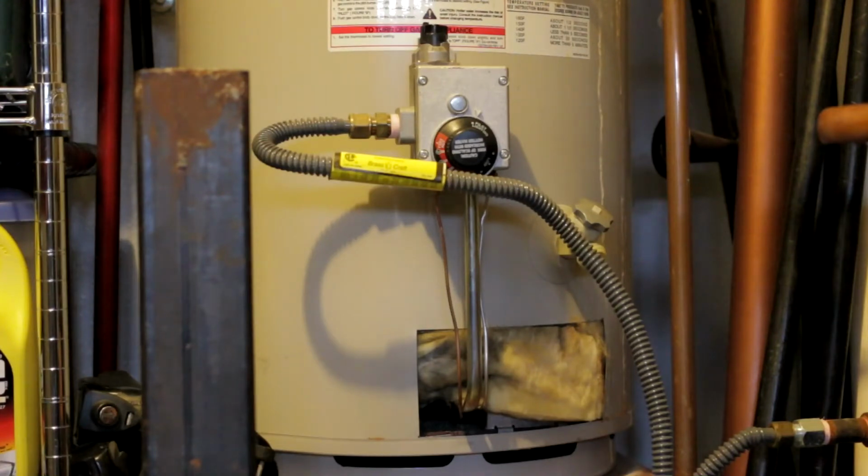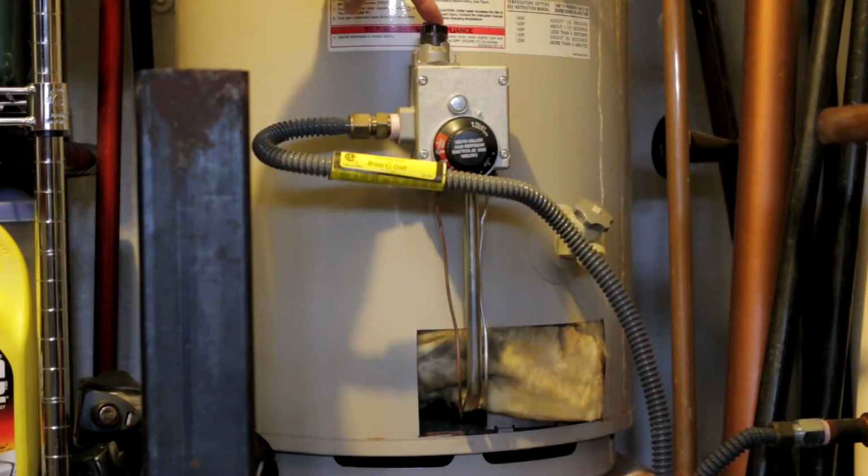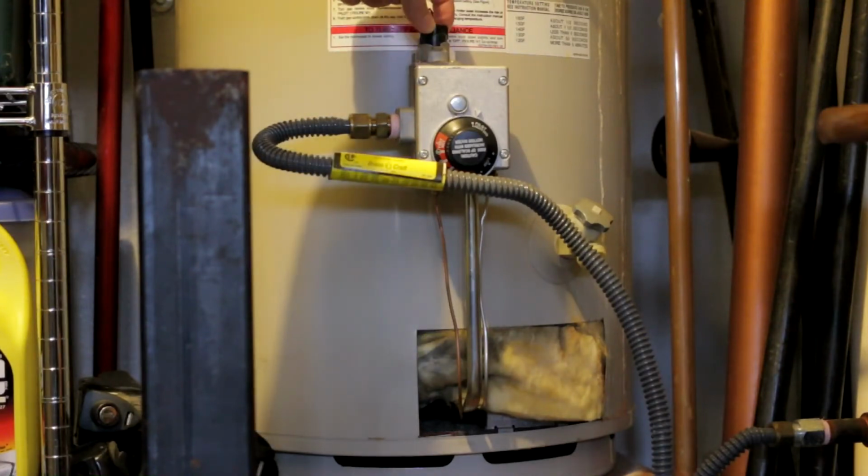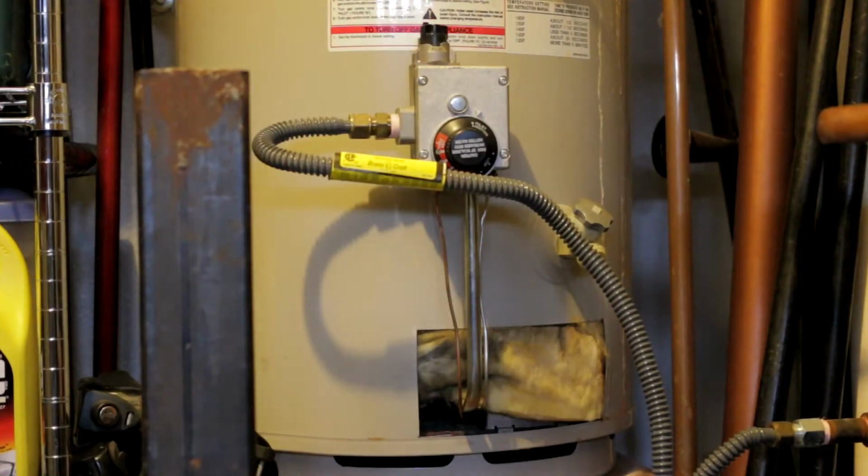The first thing you want to remember is always, if you smell gas, you want to make sure to turn your pilot lighting knob up here by pushing it down and turning it to off. And then of course you want to call the gas company right away if you smell gas at any point